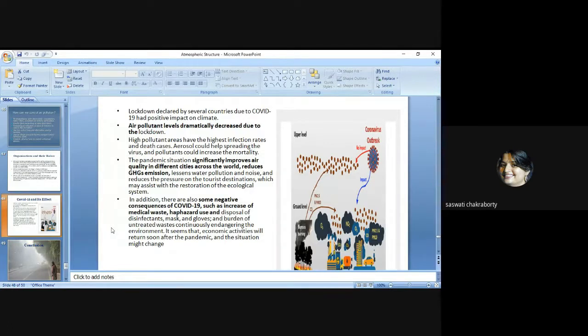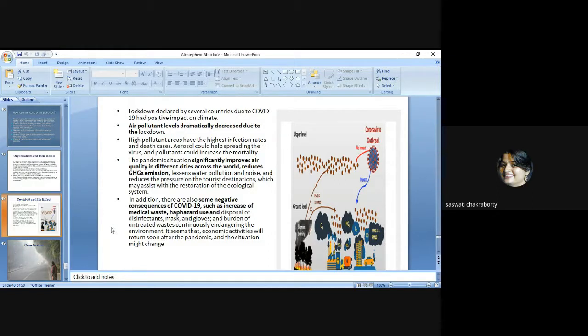See, the air pollution level did dramatically decrease due to the lockdown, because there were fewer vehicles, fewer people, less moving around. Industries were locked down. So if you think in that way, air pollution dramatically decreased, and that significantly improved the air quality. But, but